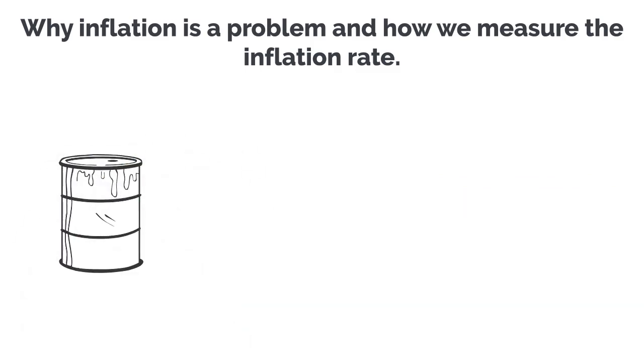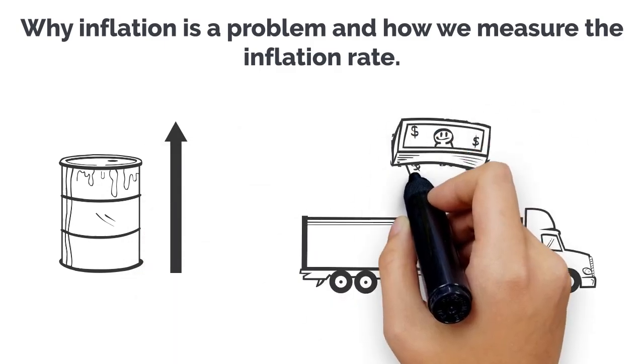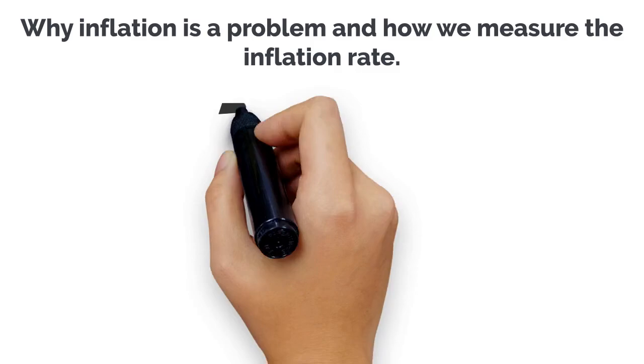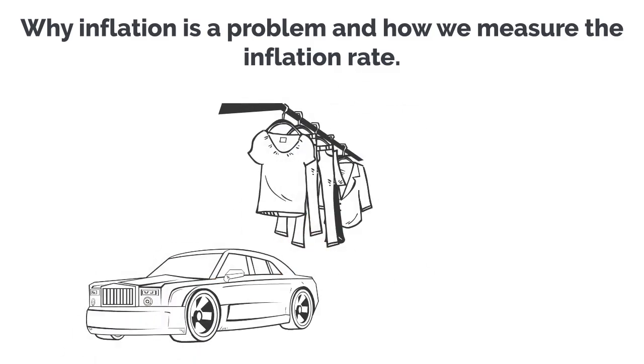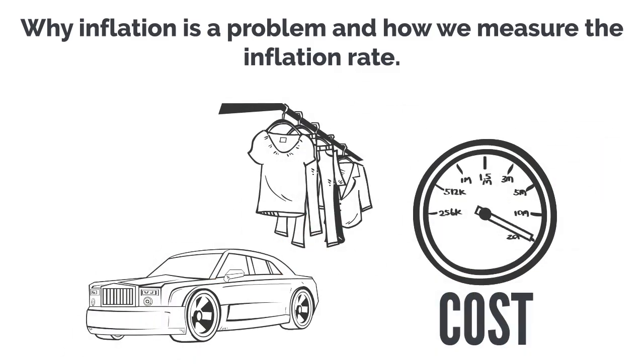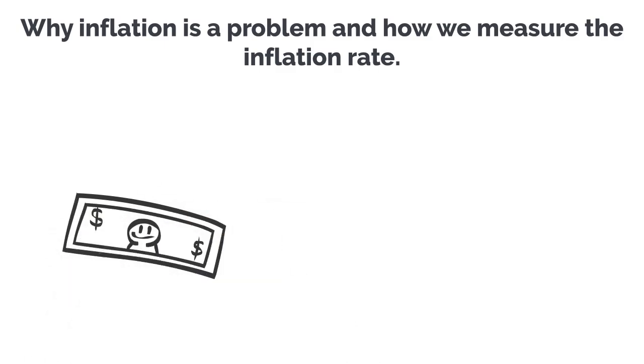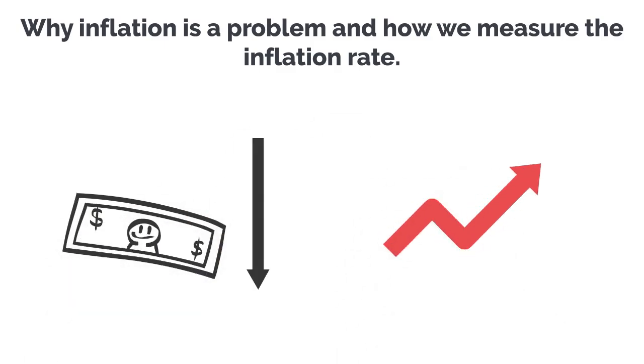For example, if a change in policy causes the price of oil per barrel to increase, then transportation costs increase. All goods that rely on transportation will increase, as does the cost of daily travels. This means that your money is not going to buy the same amount of goods it did a year earlier, making the dollar worth less. This is inflation.